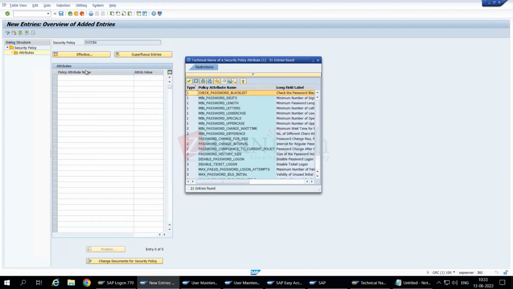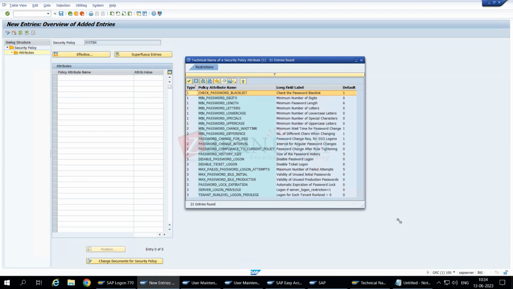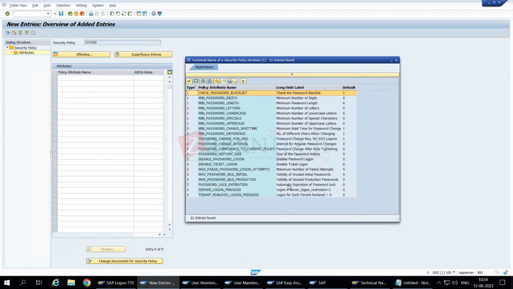So for the real-time example we are talking about, we created a system user group, and let's say our password policy says maximum length of 10, because we cannot make it 20 for a real user, right? We cannot put a 20 character length password every time we log in. But if you want to tighten your system security, if your policy says for any system user, you will have to at least set it to 25 characters. You will have to use a combination of whatever these parameters are. And these are security parameters. If you see the labels, you will understand. So what we want to do, we want to make password